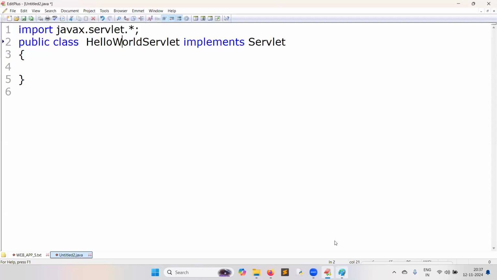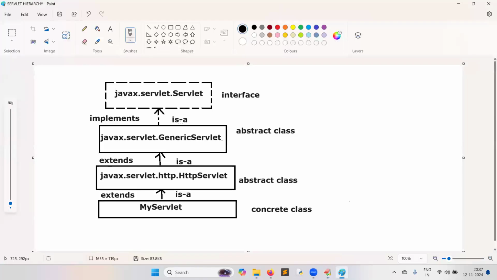But you know what is the problem? In the Servlet interface, 5 abstract methods will be there: init, service, destroy, getServletConfig, getServletInfo, like that. Whether required or not, unnecessarily,